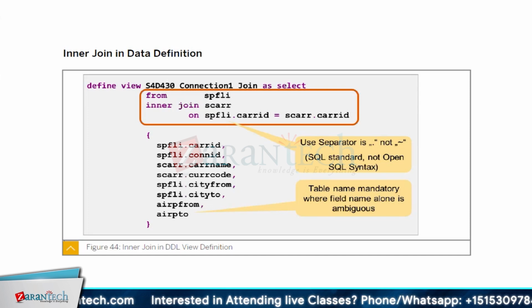So when you are using the inner join to get the data from two tables, as you are finding on the screen, it is compulsory. You must mention the table name also in the prefix. That particular field should come from which table. So here CAR ID, CON ID, CAR name, currency code, these 4 fields I am getting from the table SCAR. City from, city to, airport from, airport to, these fields I am getting from the second table SP Fly. 2 tables we are joining in this query, SCAR and SP Fly, based on some common join condition. But